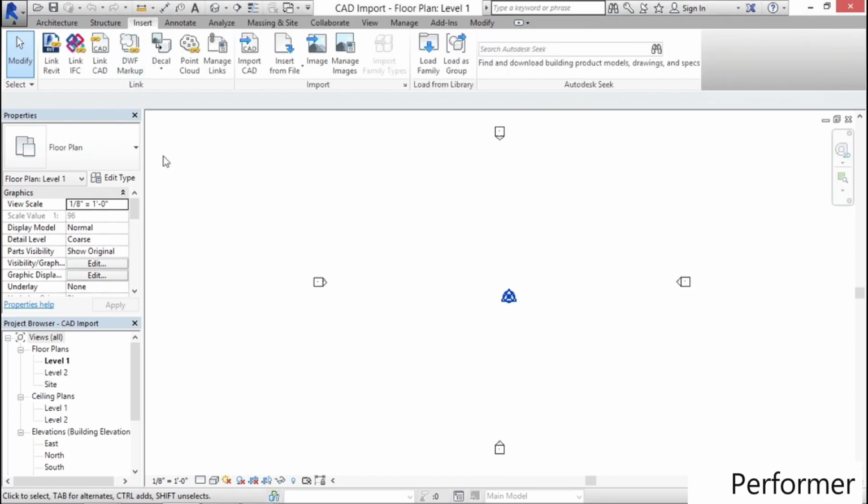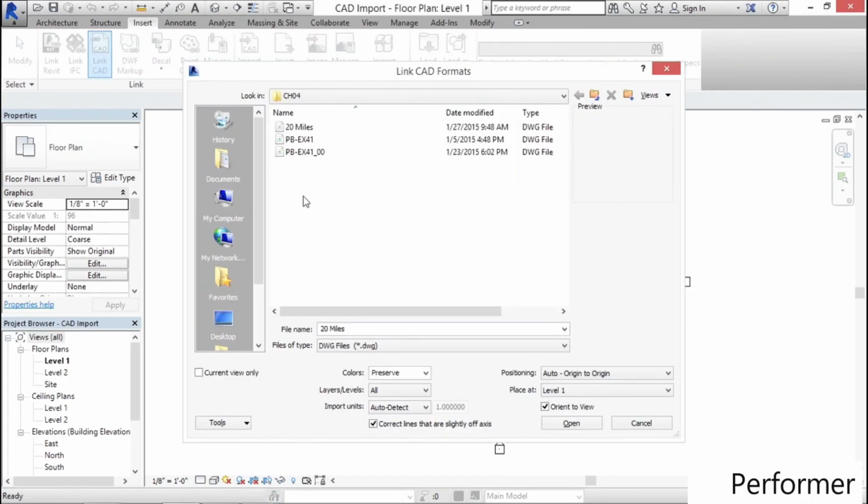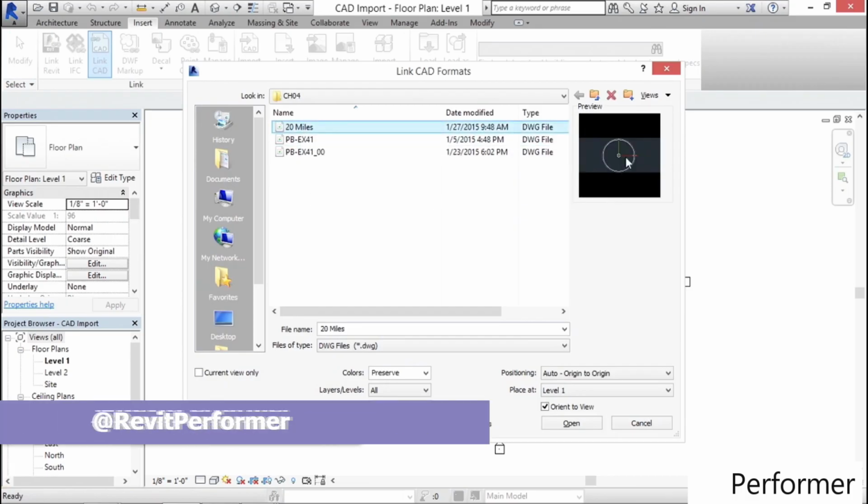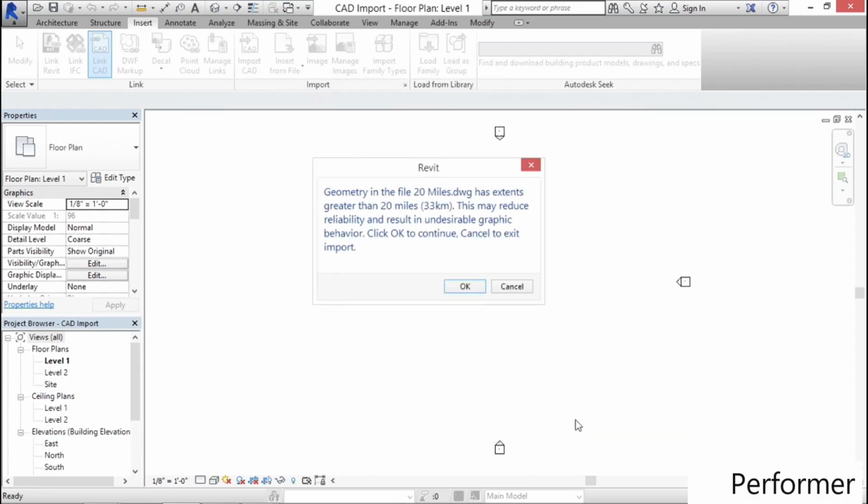So let me go to Insert and click Link CAD. The first file I've called 20 miles, and you can see here from the preview that it's just a series of circles. So I'm going to accept all the defaults here and link it in origin to origin and click Open. And that will generate the 20-mile radius warning that I mentioned. What it says here is that we might get some undesirable graphic behavior. Now, they don't exactly say what that undesirable behavior is, but they do try and warn us